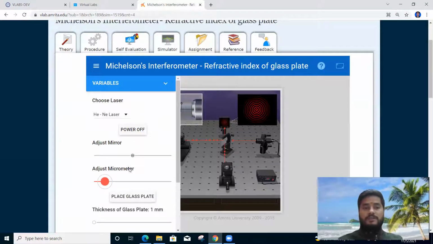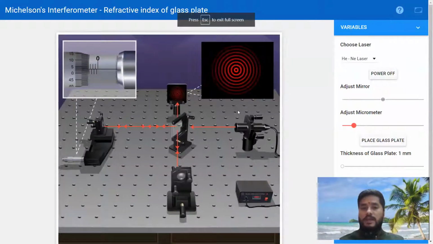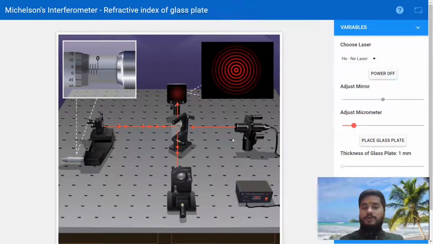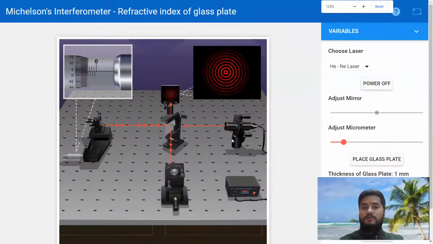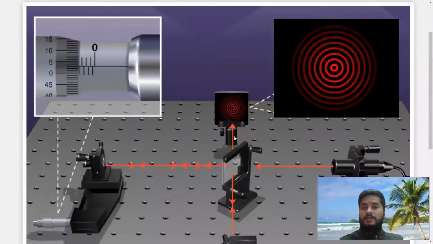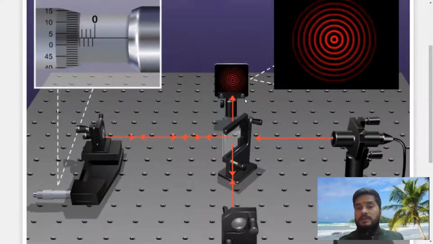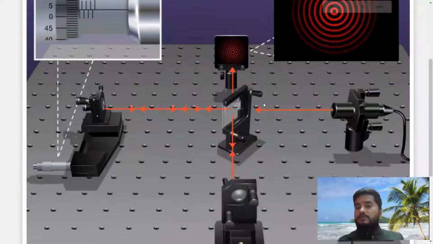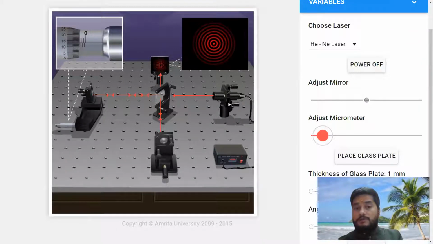First, after completing these three phases, we enter here and click here, and after zooming by clicking on this box, if we hold the control button on our keyboard and roll the middle mouse button, we can see these types of fringes, but this is not a movable fringe. So for making it movable, we also click on our micrometer,